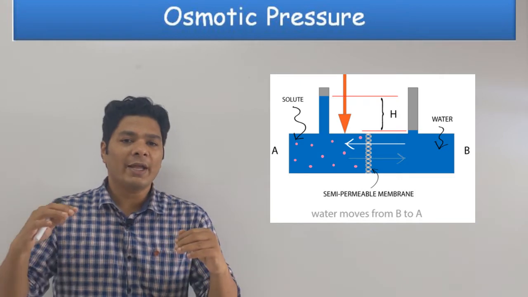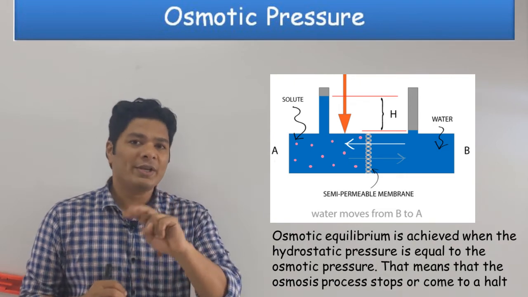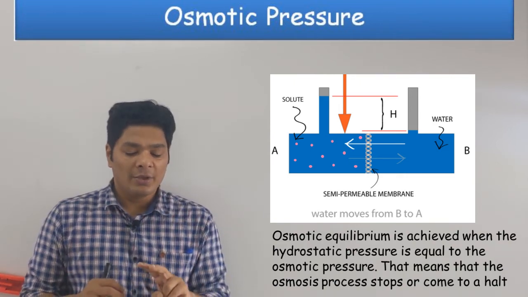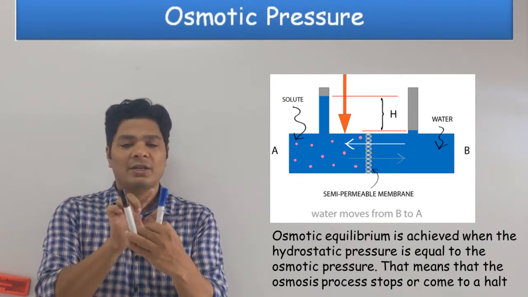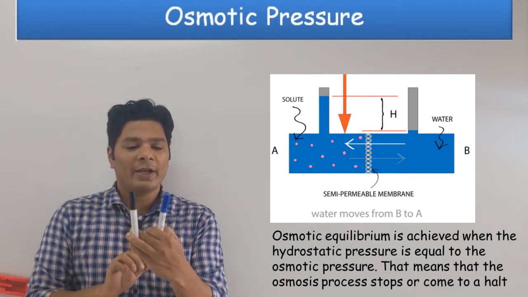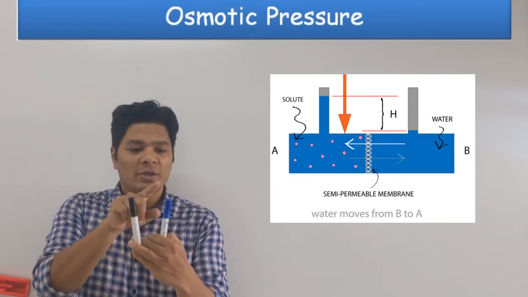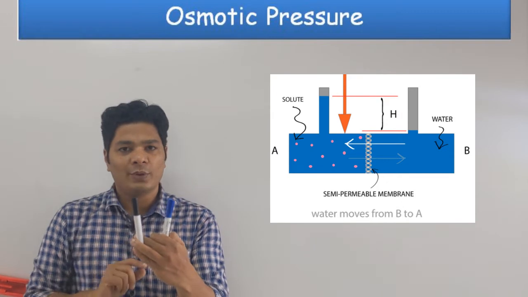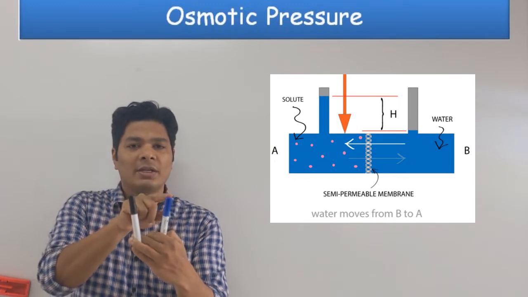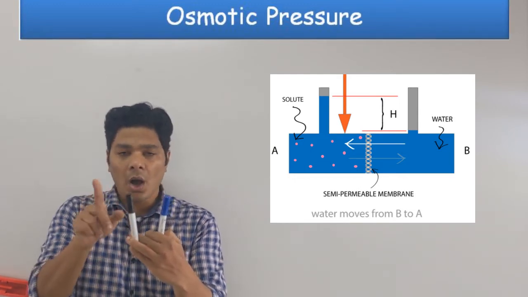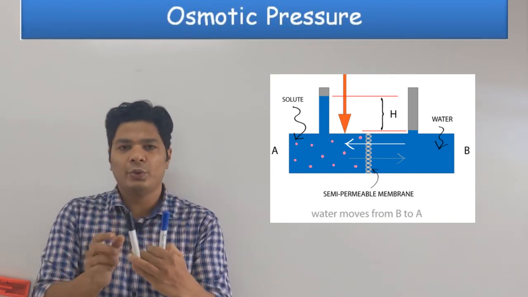What it will do is try to make sure the solutions reach the same concentration. There are two ways you can make two solutions have the same concentration. So you have two different solutions. Let's say my blue is higher in concentration than the black one. Higher in concentration means more solute. I can make the solute particles go to this one, so concentration decreases here and increases there. I can do that, or I can make the solvent go here. By solute going here, the concentration here decreases. Or when the solvent goes here, solvent keeps going, what happens? Concentration here decreases. You do the same.